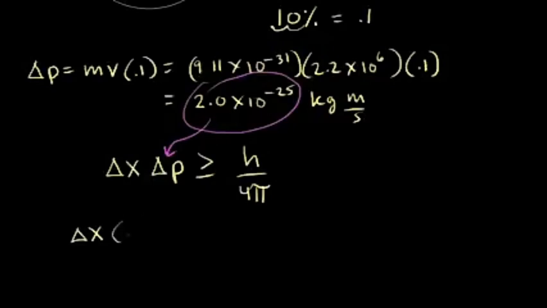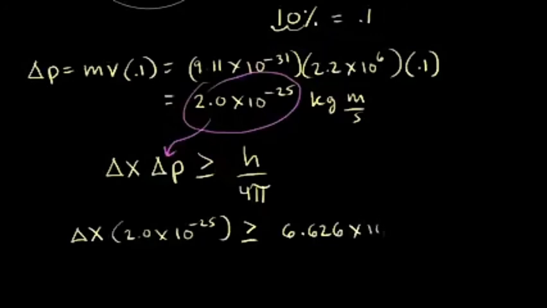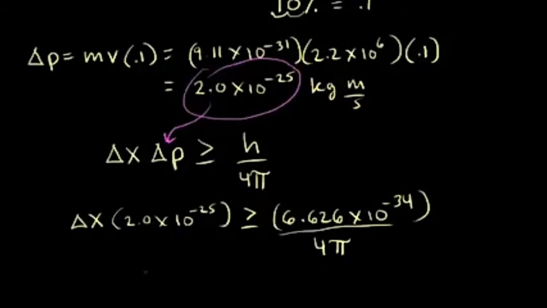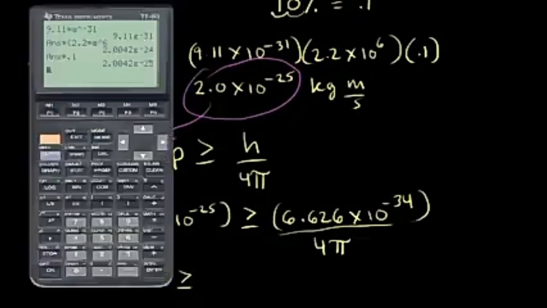So now we have the uncertainty principle for the electron in the ground state of the hydrogen atom: delta x times 2.0 times 10 to the power negative 25. This product must be greater than or equal to Planck's constant, 6.626 times 10 to the power negative 34, divided by 4 pi. So we can solve for the uncertainty in the position. So delta x must be greater than or equal to